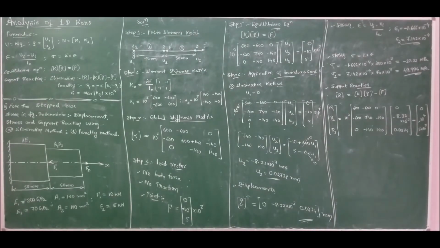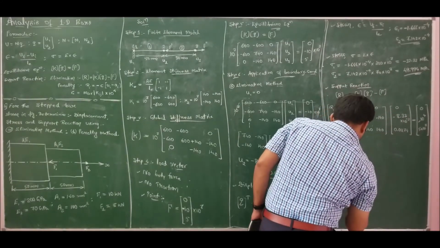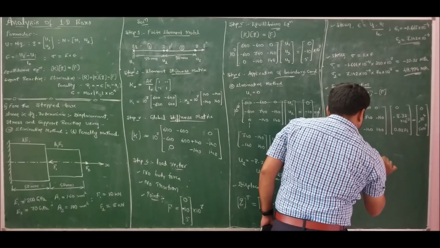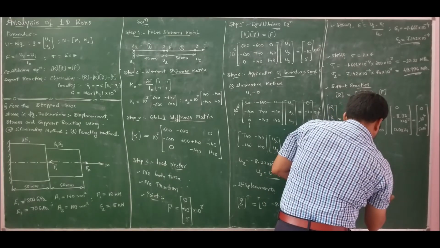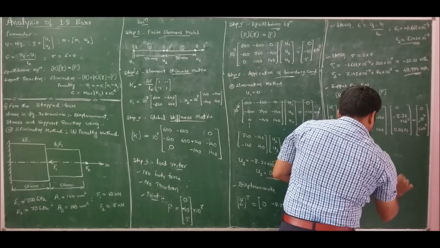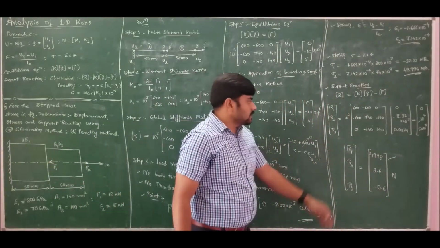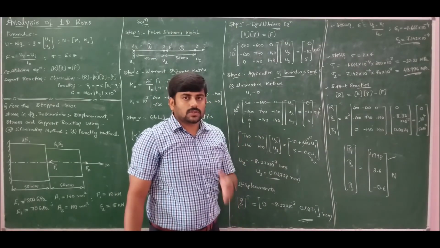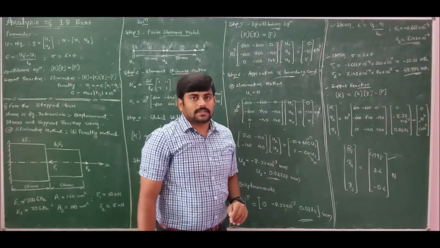That is, the support reactions R1, R2 and R3 are 4998 newtons, 2.6 and minus 0.6, which are negligible compared to R1. So R1 is what I require because I have support only at node number 1. The answer is 4998 newtons. Let me pause this video for a while so that people can copy it down. Later we will solve the same problem by using the penalty method.